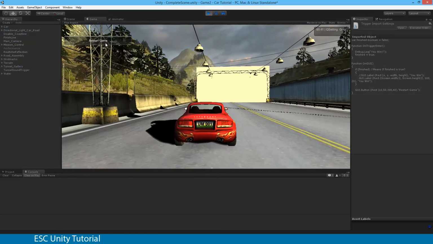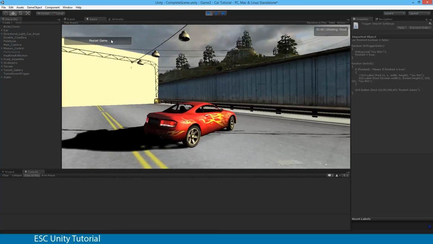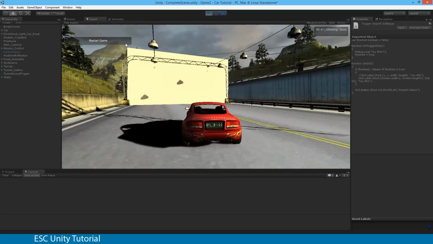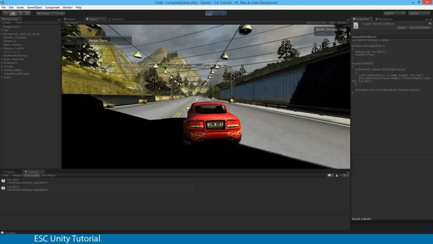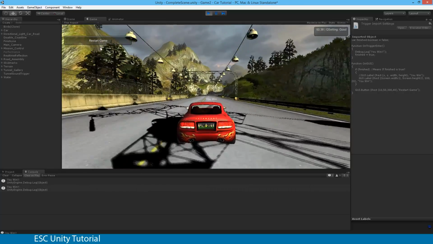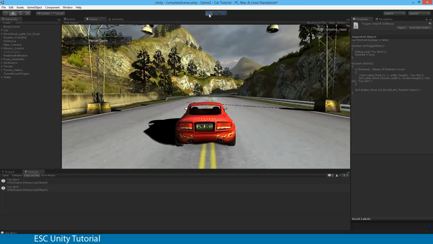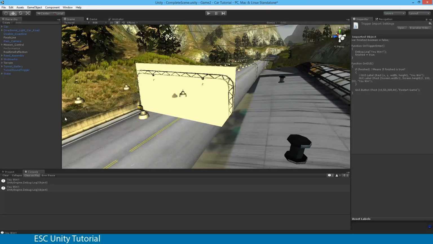Already, you see this restart game button. We've got the same problem as the you win section. So if I drive through, you win appears in the event center, but restart game doesn't. Okay, so we only want the restart game option to appear